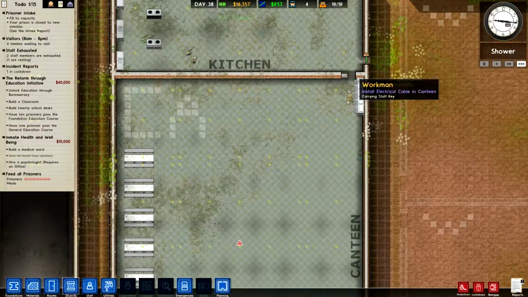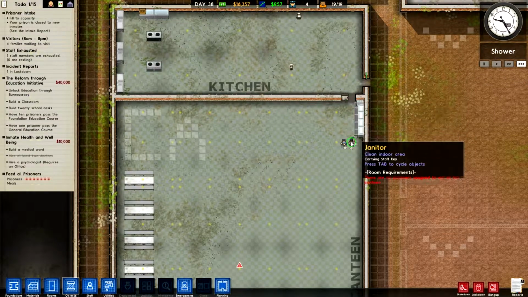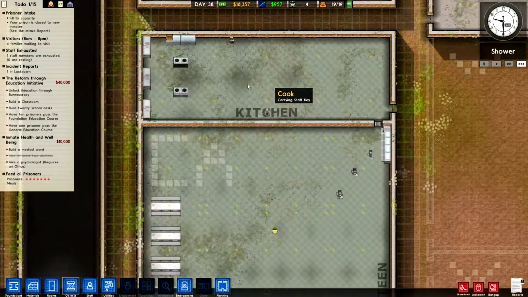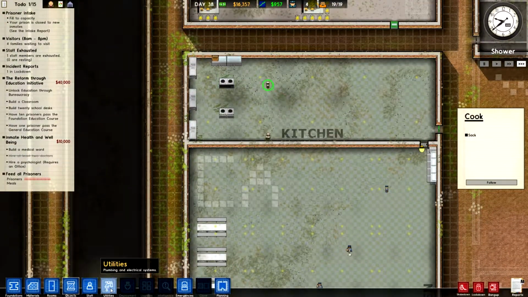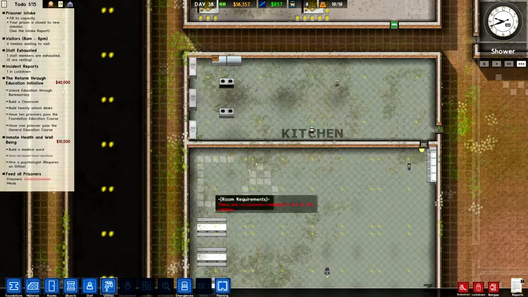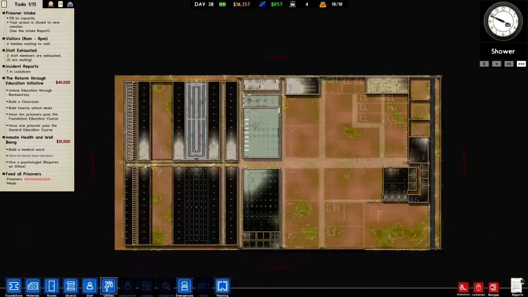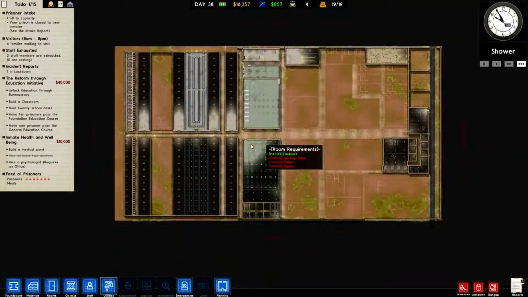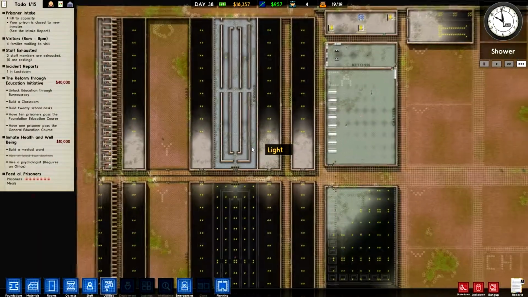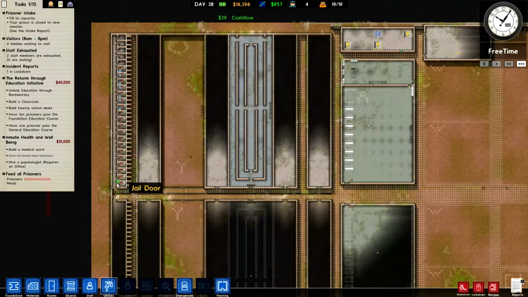Why have we not got any of them fed? Why aren't you doing things? These are hooked up, right? Yeah. Why are you not cooking? Oh, because they're not assigned. Why aren't they assigned? Come on, micromanagement. I honestly don't know if it's something that I'm doing wrong or if it's something wrong with the game, but they should...